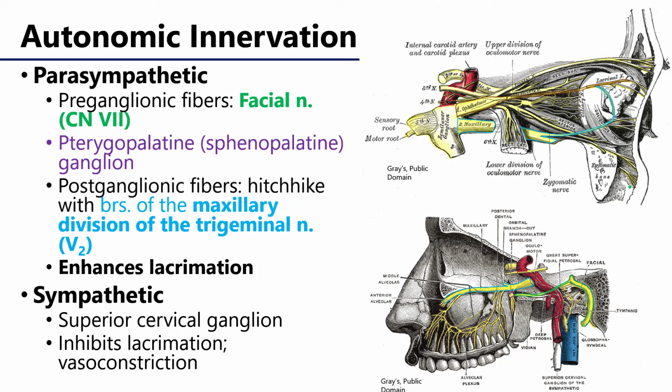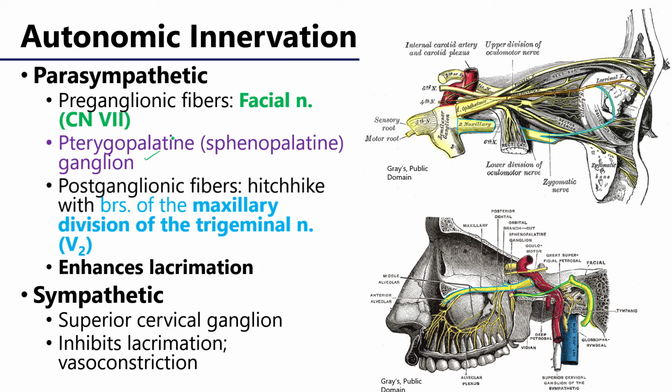Remember the good old times when we were discussing cranial nerve 7, way back when in session 3. So the facial nerve has a number of modalities to it, one of which is providing the preganglionic parasympathetic fibers that are involved in the innervation of the lacrimal gland. These fibers are going to synapse in the pterygopalatine, aka the sphenopalatine ganglion, that's in the pterygopalatine fossa, and then